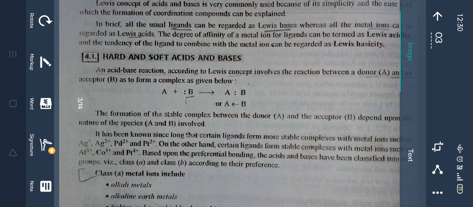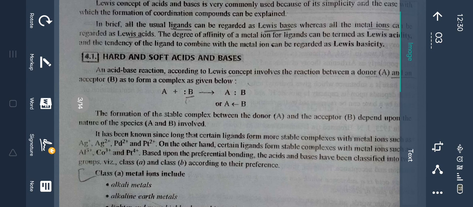Hard and soft acids and bases. An acid-base reaction, according to the Lewis concept, involves the reaction between a donor and an acceptor to form a complex, as given: A plus B with lone pair gives A with lone pair donated to B. The formation of a stable complex between the donor and the acceptor depends upon the nature of the species A and B involved. It has been known for a long time that certain ligands form more stable complexes with metal ions,